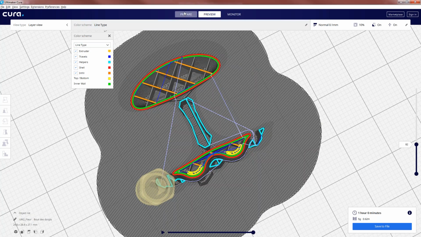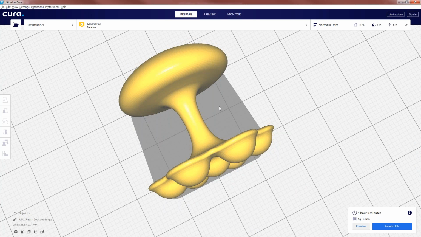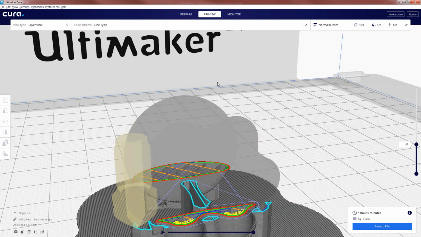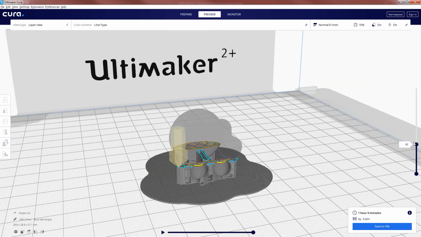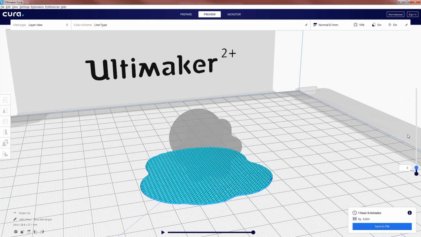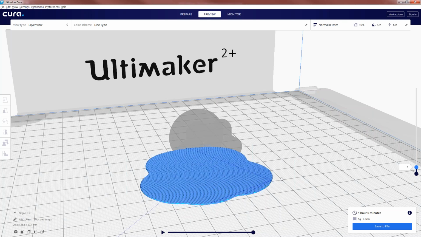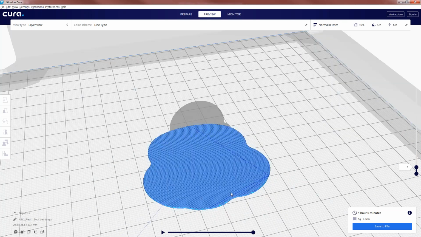So this is the preview, and this is the raft. The first layer is raft, and till the second and the third layer, it is a raft. This one is a raft.